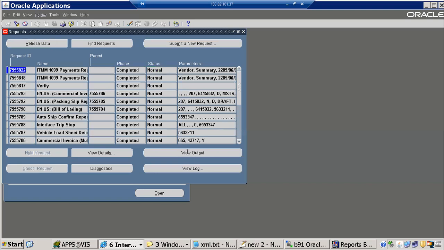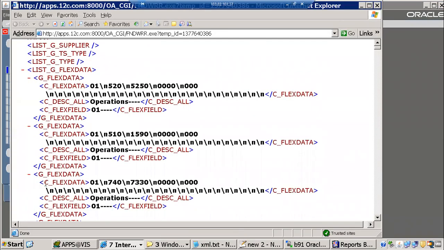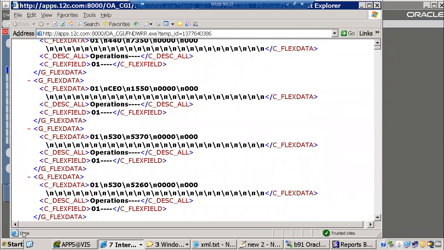Just refresh it, click on view output. Can you see any yellow symbol at the bottom? No, right? So that means the problem is rectified. If you just go down,